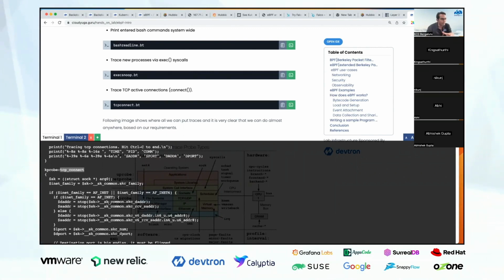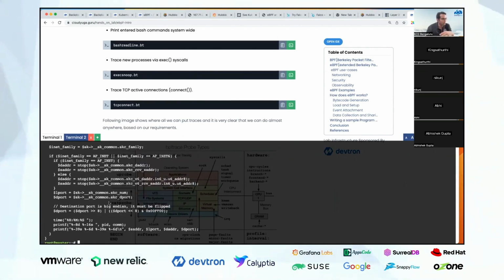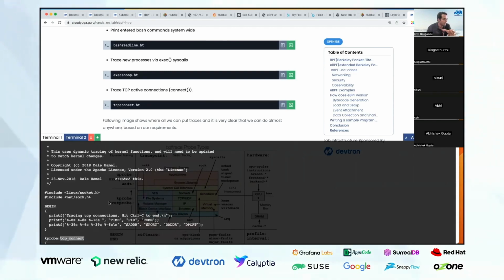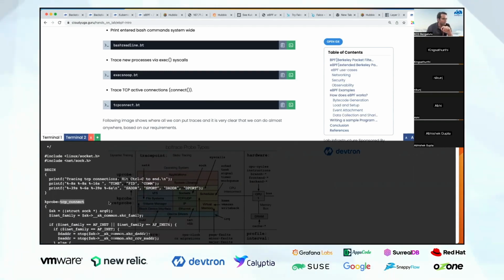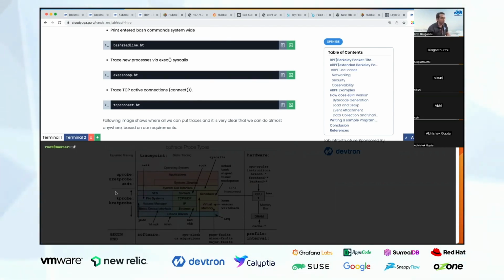As you can see here, it's going to print out eventually who connects and where to connect and all that stuff. We'll see that. But I'm just trying to tell you that with this particular mechanism, I can on the fly get a hook into the kernel function which I may have there. So if I have this particular program,